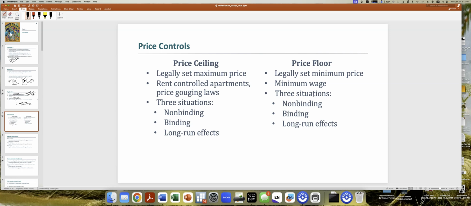Price floor, you see this most often with something like the minimum wage, where it sets a situation where the price can't go any lower than a certain amount. Now, what this slide tries to highlight here, though, is that you can put a price ceiling or a price floor wherever you want, but it only has an impact in one region. Specifically,